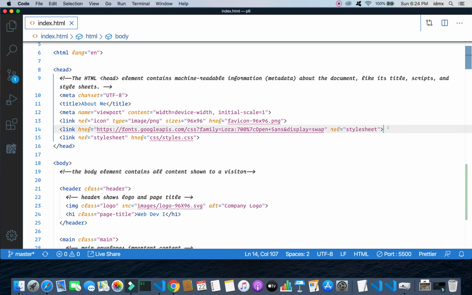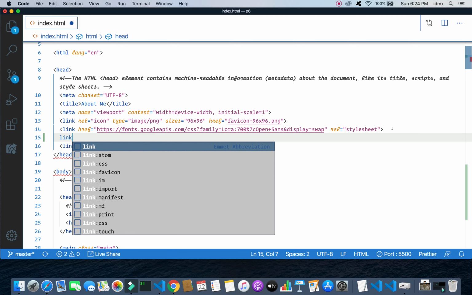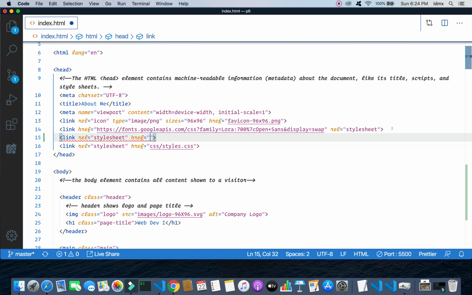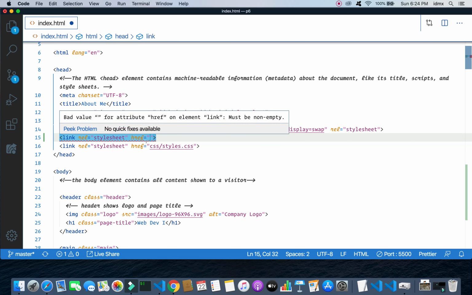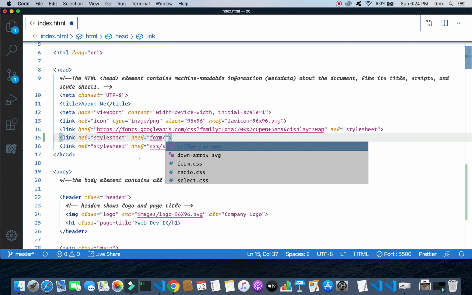So I'm going to come to the line just before that and open a new line and do a link. And it knows it should be a style sheet, and it leaves me inside the href, inside the double quotes, ready to start typing. So the folder is form / and then you'll notice